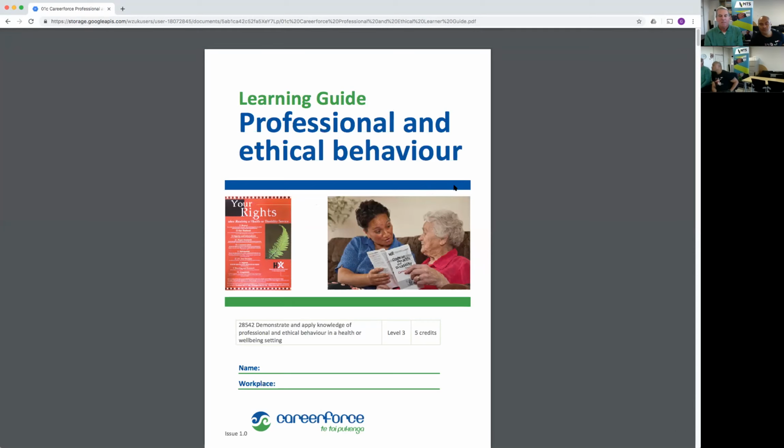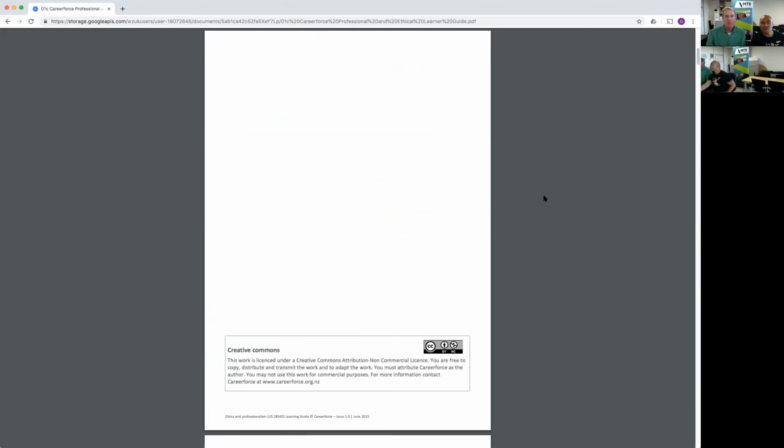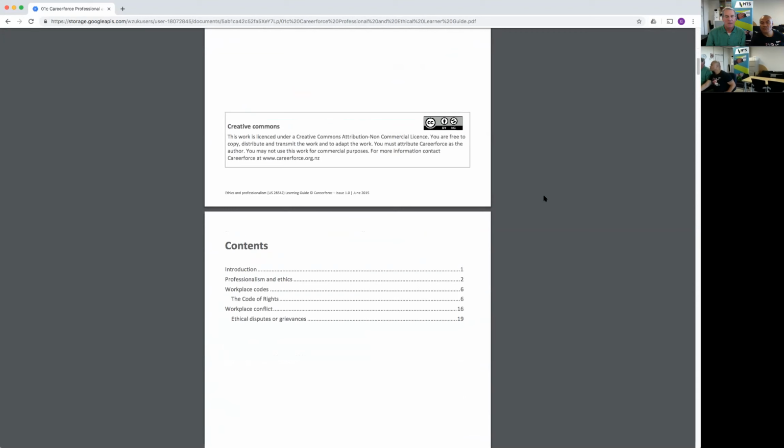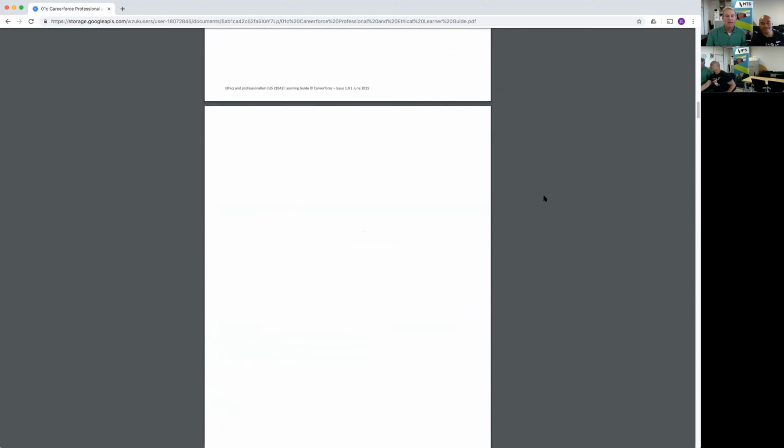It makes it much easier to complete the SSPP assessment tasks if you browse, or have a thorough read if you've got the time, of the learning guides, because they're written to help people put down the correct answers for each particular task. This is where the learning comes from, so don't be shy of having a look at them. If we just scroll up through that, Edward, we'll briefly point out what's in here.